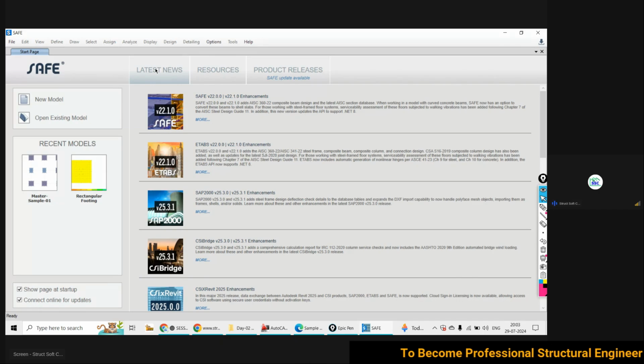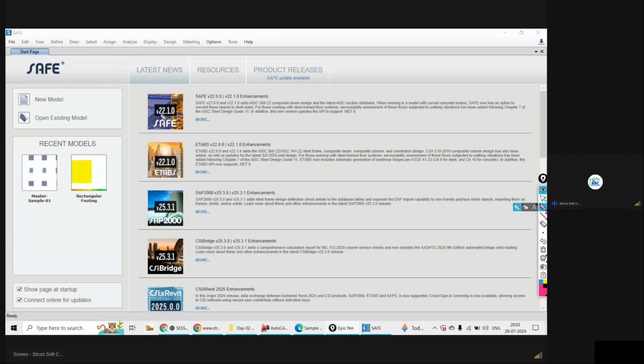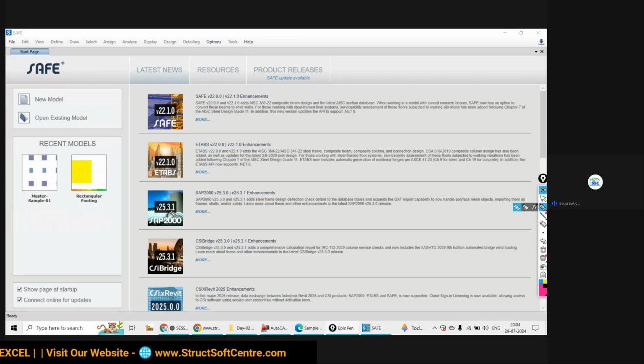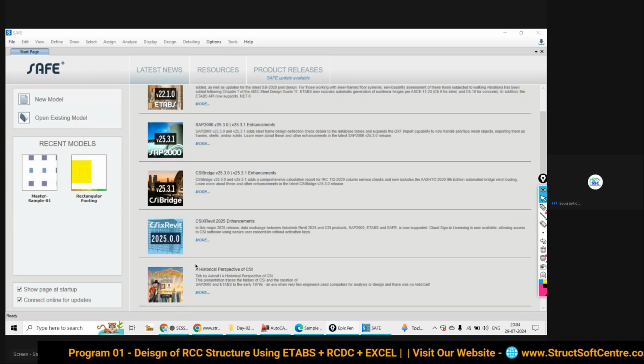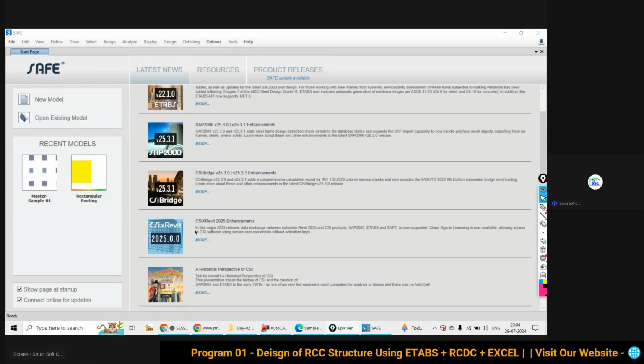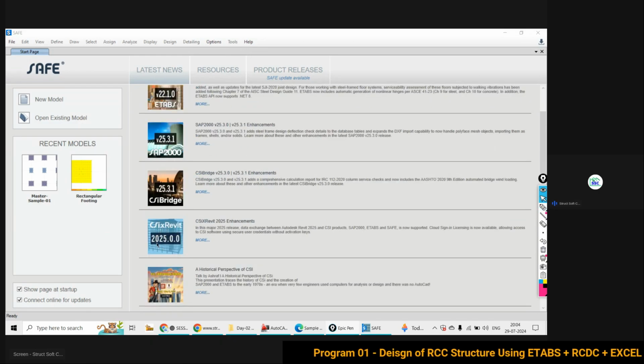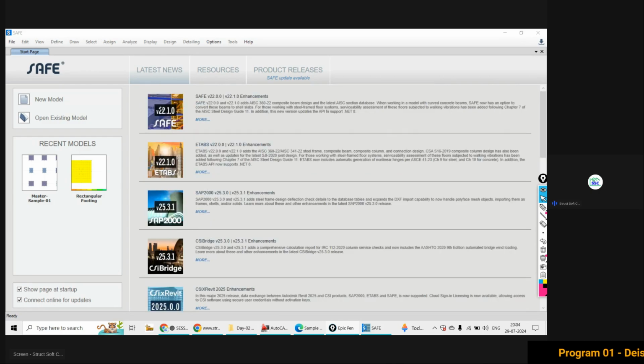Suppose you are talking about CSI SAFE, the recent version is 22.1. For CSI ETABS, 22.1. For SAP2000, version 25.3.1. CSI Bridge, 25.3.1 latest version. CSI Revit, the 2025 version is there. So all these versions are available.